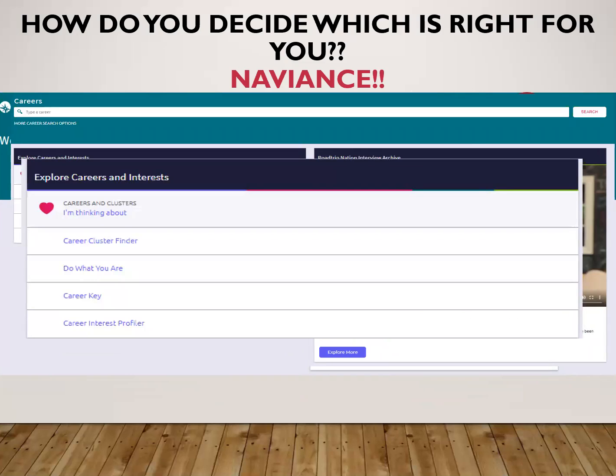There are a number of career assessments you can take, so if you're still trying to figure things out, this is a fantastic grouping of career assessments you can do. They range from looking at your interests to your skills to your personality. So they each are going to do a career assessment looking at different things because there are different parts of you that will go into deciding what career is going to be the best fit. So each of these is going to give you something a little bit different and another aspect that could help you figure out a good career for yourself.